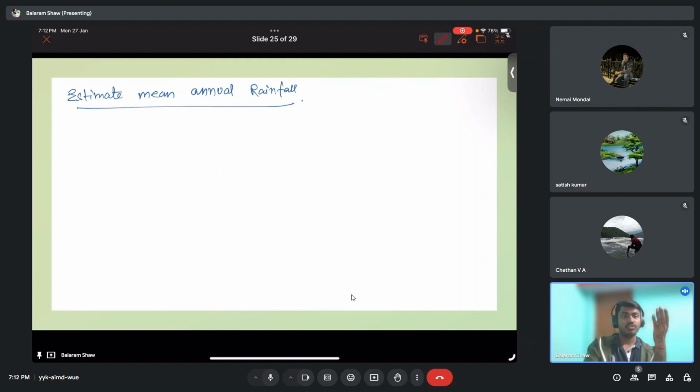For line CD, let's say this is the bisector. For E, let's say this is the bisector. For this we have, let's say this is the bisector. For this we have, this is a bisector. So from this we are getting this one as one polygon, this one as one polygon, this one as one polygon, this one as one polygon. Again for F we have one polygon. So you can see,